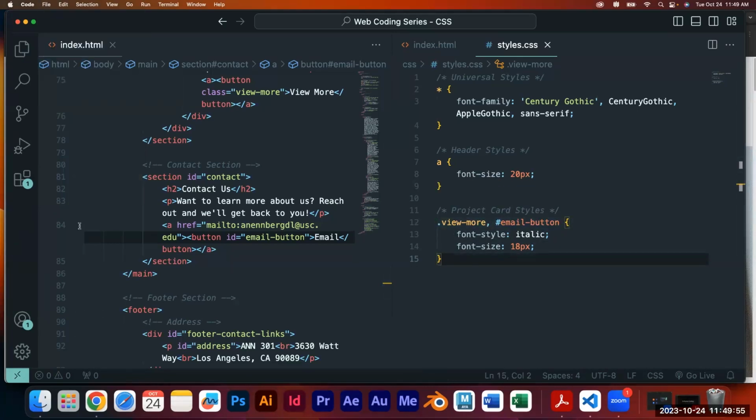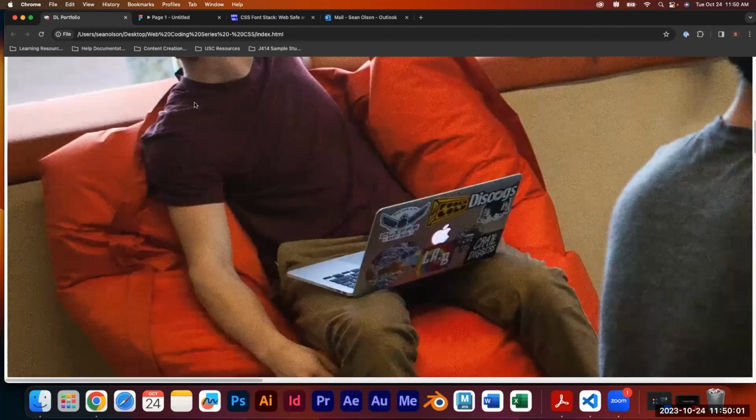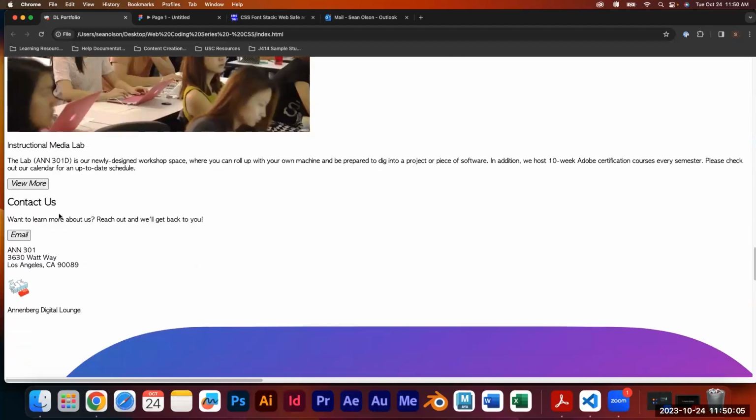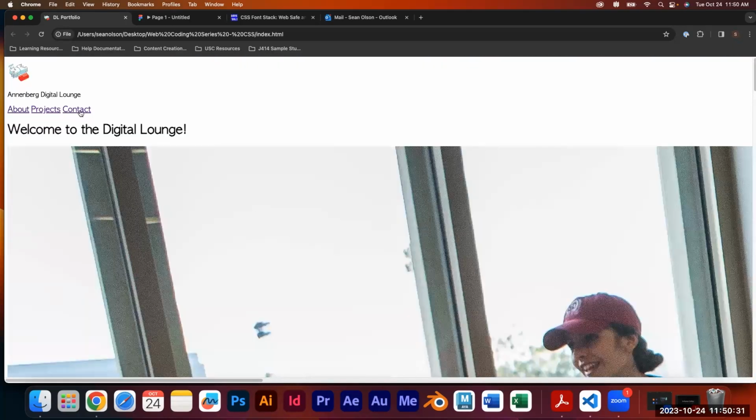So now I'm going to save all again so that I can see the stuff in my browser tab, and I'm going to refresh, and I see that my view more and my email button, they now are italicized. The words are a little bit bigger. They're looking closer to what I want. The last font stuff that I want to specifically change right now is related to these links right here. So by default, all of the links are going to have that underlining effect, but I want it to change a little bit. And I also want it to be all capitalized, but with the first letter being slightly bigger